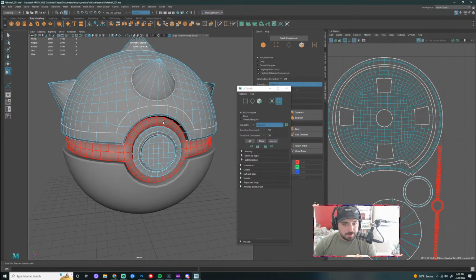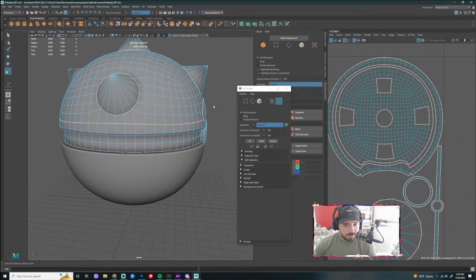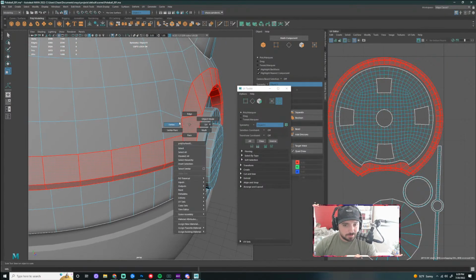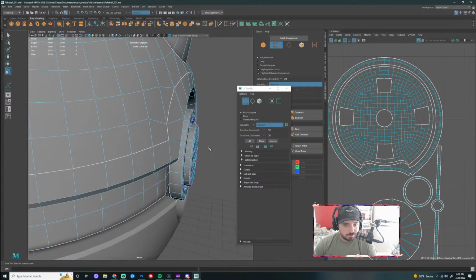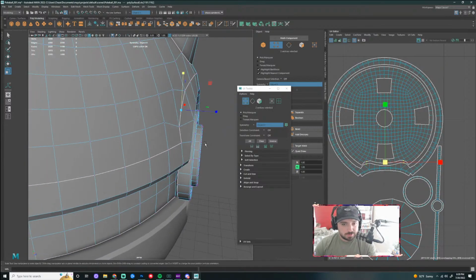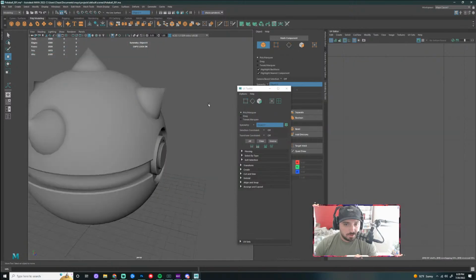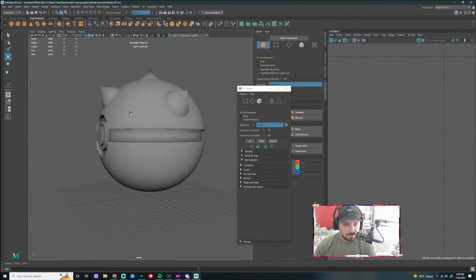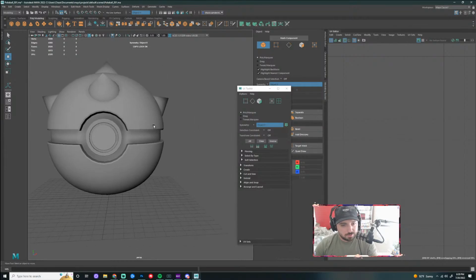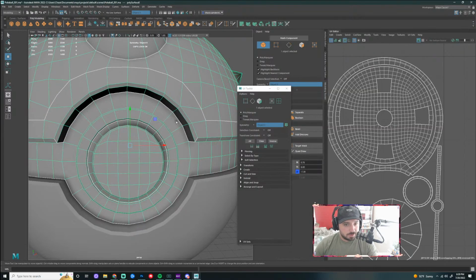So with that, I could paint a white loop around this, which I think would look cool, if I can get it to look right. Like I said, I don't want it to jack up the geometry on this too badly though. Still want this to be smooth. So if I can get away with it, which I think I can.